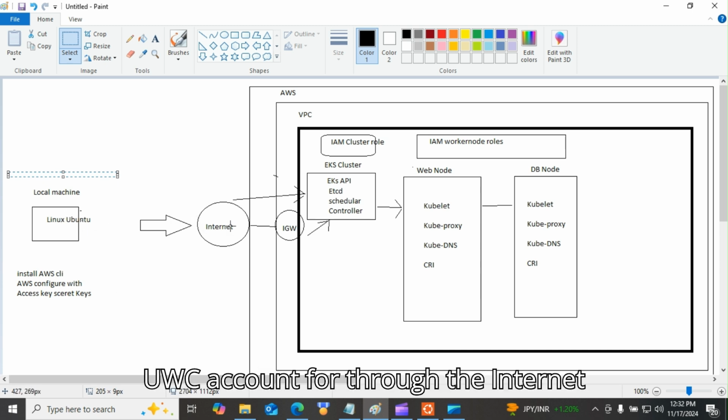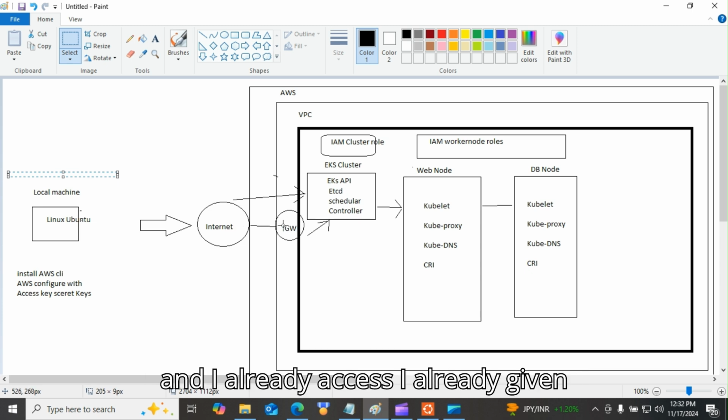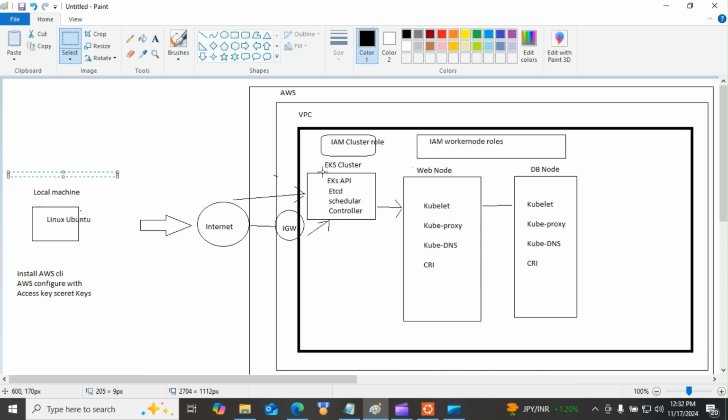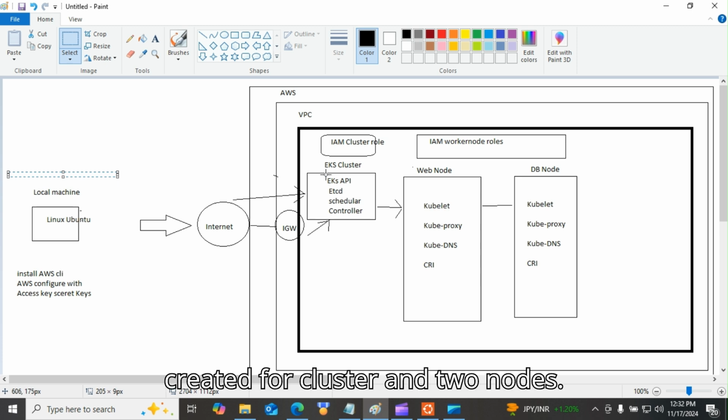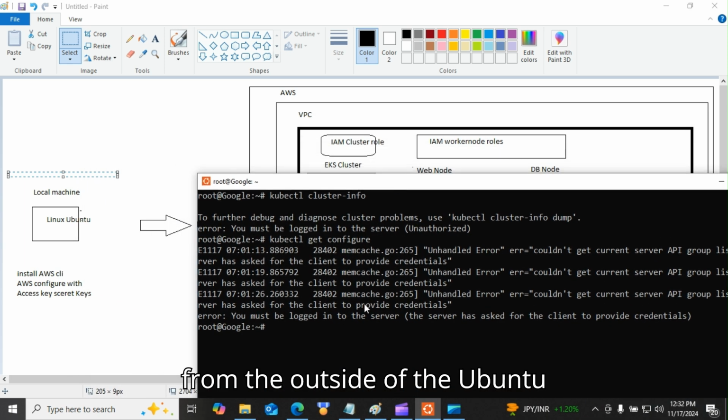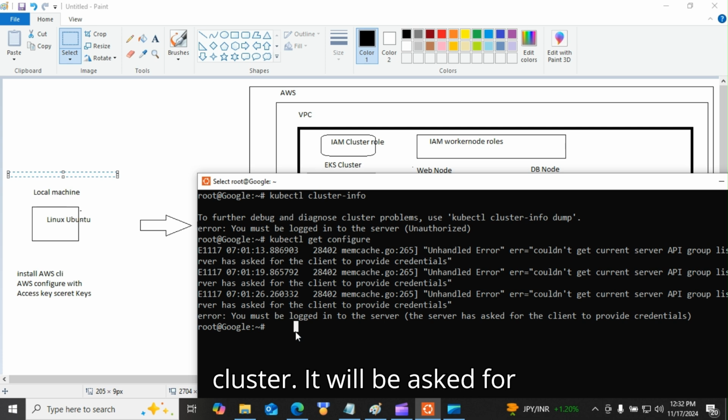So I connect to the AWS account through the internet, and I have already given permission to the internet gateway. I have already created a cluster with two nodes. When we access the cluster from outside, from the Ubuntu machine,